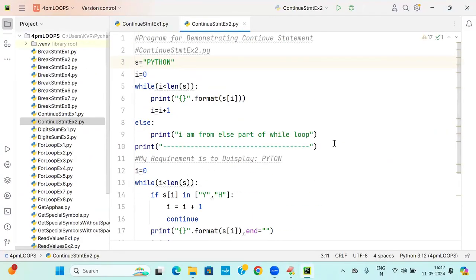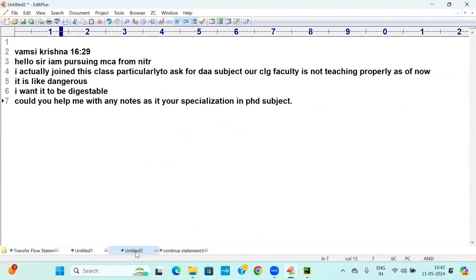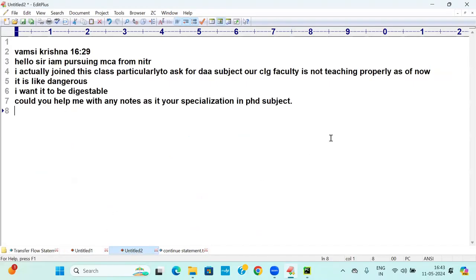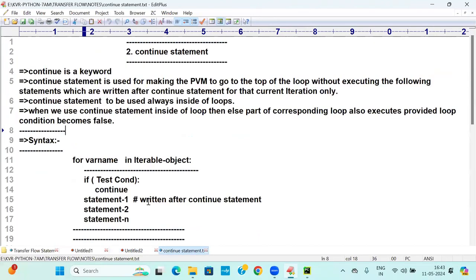Open the notes. Write down: write a Python program. All of you open the notebook and mention it. Write a Python program which will accept a list of numerical values